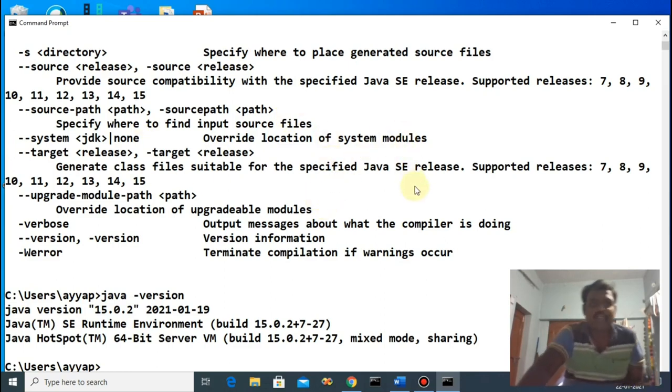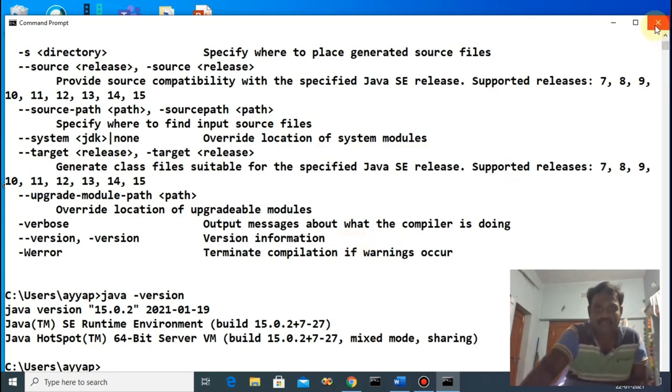The mistake was that I checked in the previous command prompt to see whether my Java was installed or not. So close that command prompt and open a new command prompt. Now in my machine, Java is successfully installed.